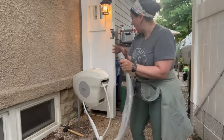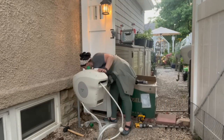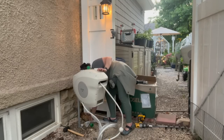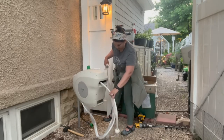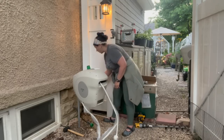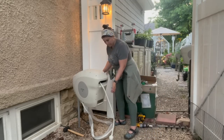So I'm going to go ahead. I'm going to first move this, screw that right on there. Then you've got the quick connect that I just showed you, that just one quick turn and it locks in there. I'll turn the water on. Well, first,